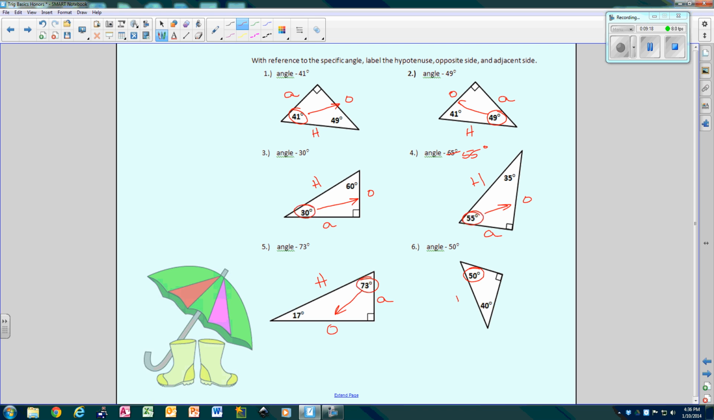50. Hypotenuse. Across from it is opposite. Next to it is adjacent. Okay? Never changes. Okay? All right, so we're going to stop here, and I'm going to make the second part